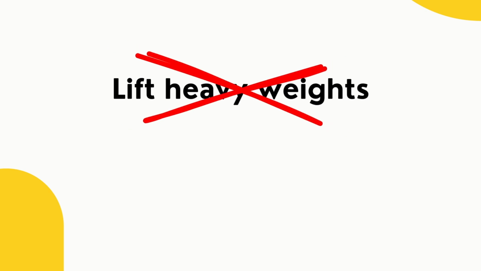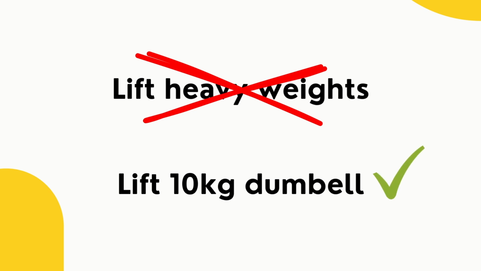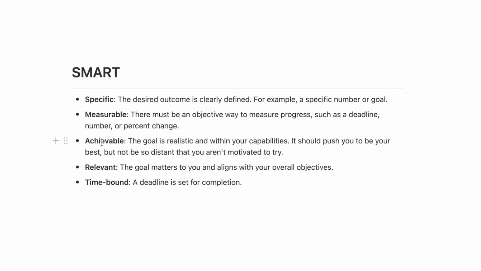So for example, instead of just saying that you want to be able to lift more heavy weights, you want to be able to measure that you've done it, so there might be a specific weight that you want to be able to lift. The A stands for achievable, so this just means that the goal should be realistic and